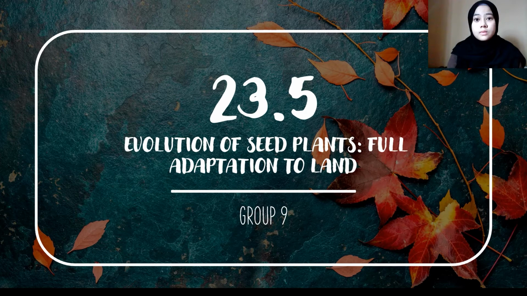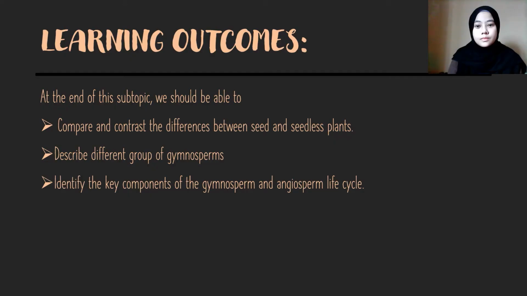So, for the subtopic 23.5, Evolution of Seed Plants, Full Adaptation to Land, will be presented by our Group 9. For the learning outcomes, at the end of this subtopic, we should be able to compare and contrast the differences between seed and seedless plants. Then, we can describe different groups of gymnosperms, and also we can identify the key components of gymnosperm and angiosperm's